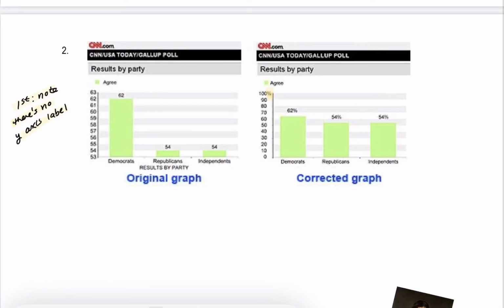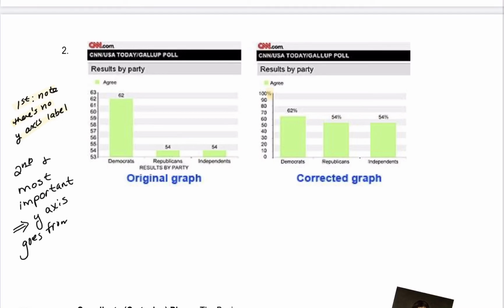But more importantly, this is the same issue as before. The second and most important is that the y-axis, once again, they've zoomed in on the top of the bars. The y-axis goes from just 53, just below the bottom bar, up to 63, just above the top bar. And that makes these differences look so dramatic. Okay, so then they had to fix it, and now they have